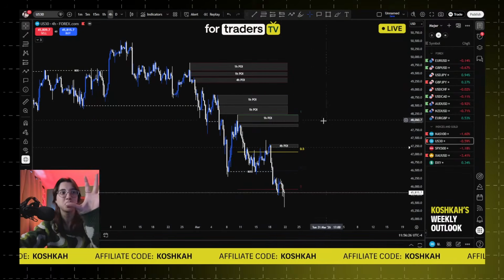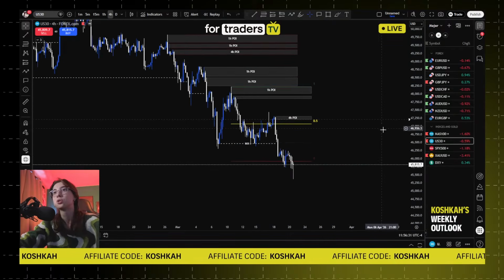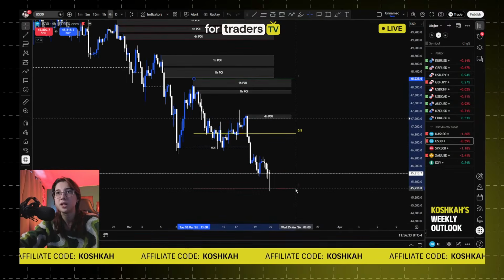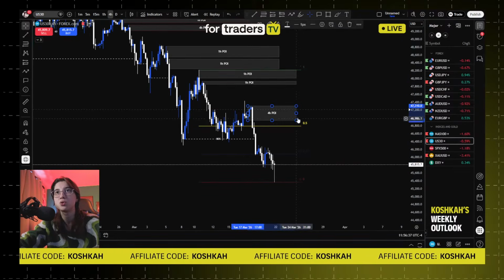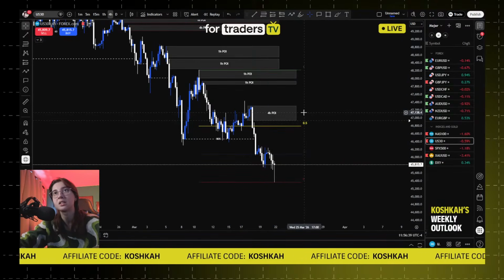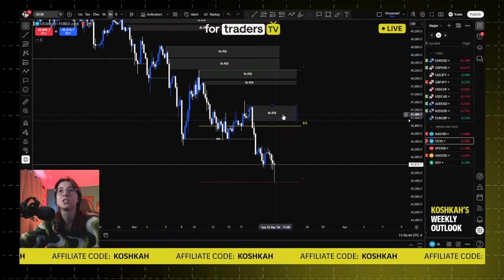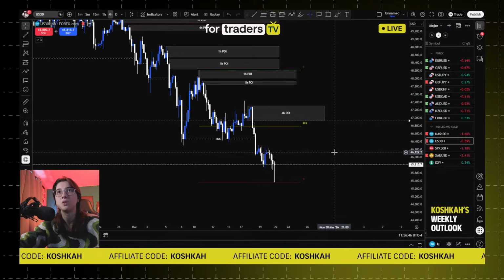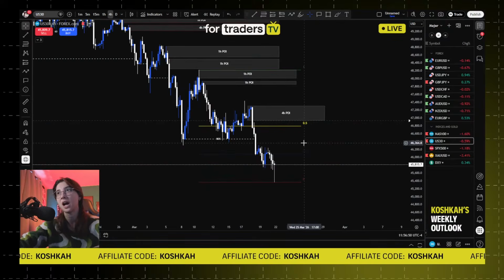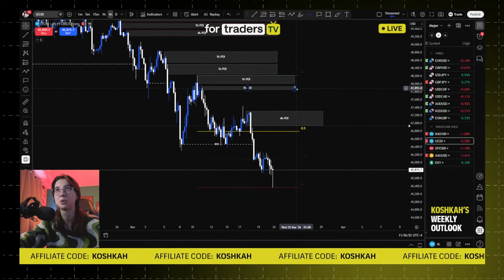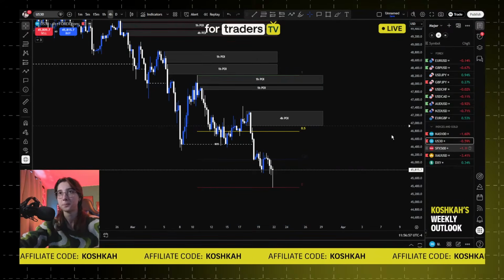Okay, so we have some questions. I'm just going to finish this and then I'm going to reply to all the questions. So US 30, we're just pushing down a bit more. It's too aggressive right now to be considered as a new structure. So I'm just going to extend the fib for now in the range. And this is just liquidity for the POI right here above on the 4-hour. Except for that, there is nothing else. This is the only thing we have on US 30. So same thing, we're bearish. We identified our valid POIs and that's it.